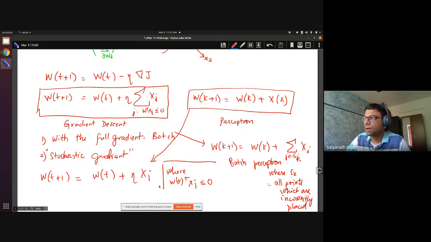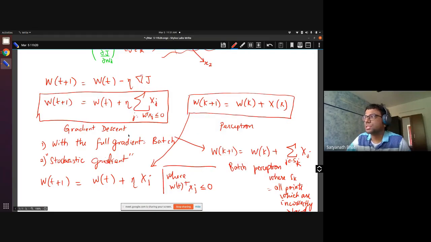So now this finishes the discussion on perceptron. All I would like to say is a little bit about stochastic gradient. The advantage of an incremental approach is you don't really need to look at all the training samples in one shot, so this is very computationally efficient. It is much more efficient than taking the full gradient, because in full gradient you have to take all the training samples and update. So this is much more computationally tractable.